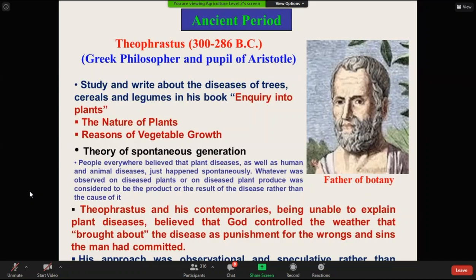Who is the father of botany? Theophrastus. Why? So for the Nature of Plants book, these 2 important books he wrote,